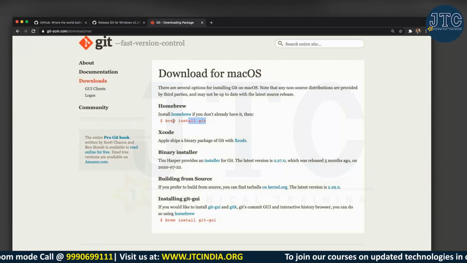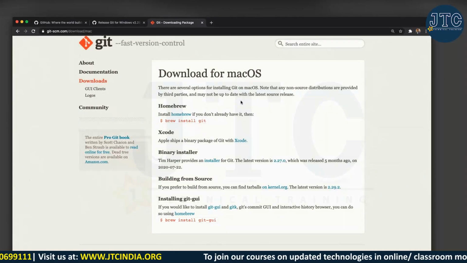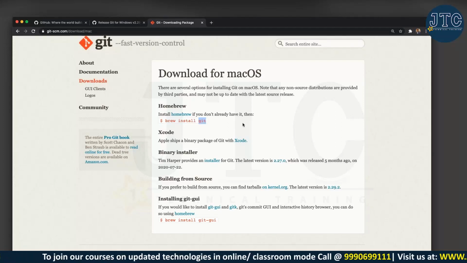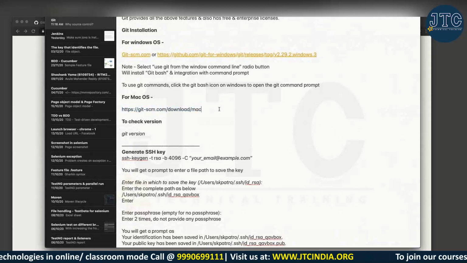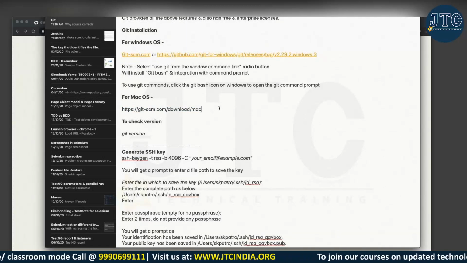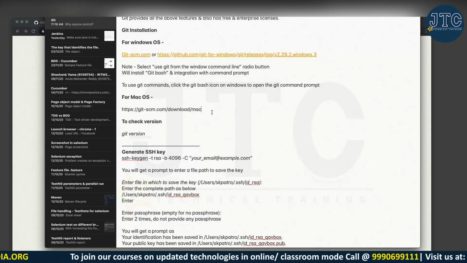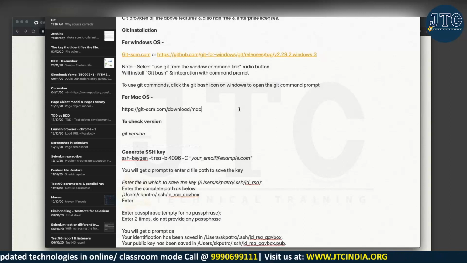It will update your Homebrew, which is an inbuilt command, and then install the latest version of Git. It is again that simple. Here no integration is required, as Mac comes with inbuilt integration with Git. So that is a fairly simple way of installing Git on Windows and Mac.